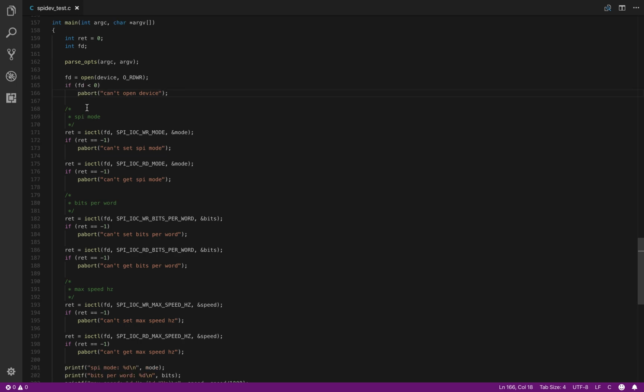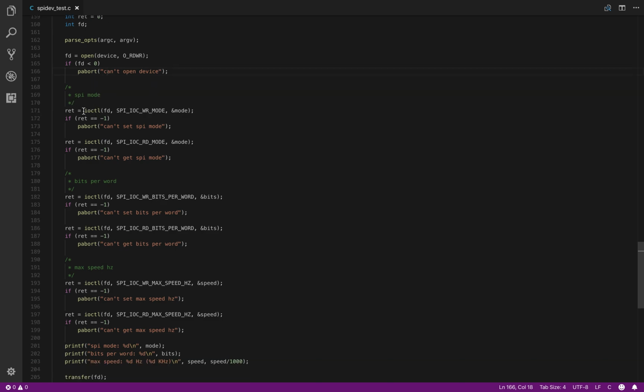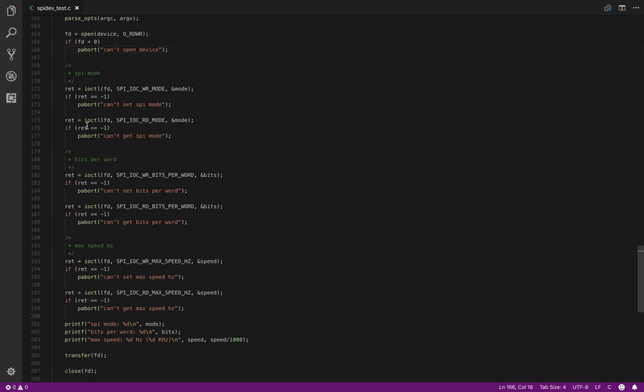If you get past that point, you come down to this code, and this is a call to a function that sets the device up, which in your case is the SPI master, and it sends some parameters to it, and then it gets a value back. This is a status telling you whether it was successful or not. And if it returns a -1, it means that basically it failed, and it exits the program. And if it doesn't fail,